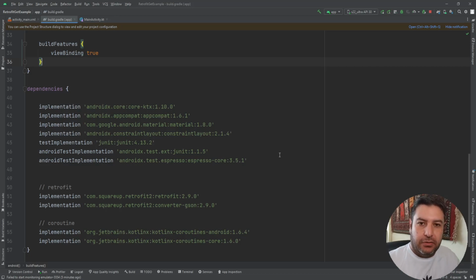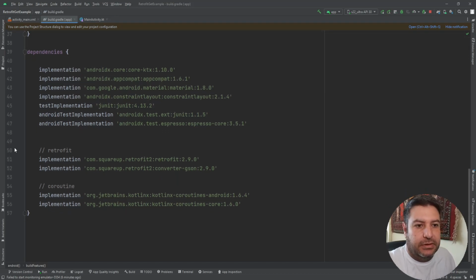If you follow this and learn it, later if you want to use dependency injection or MVVM, MVP, or any architecture, you can use this frame and implement all of those options in this architecture as well. For this, I'm going to use viewBinding, and we need these